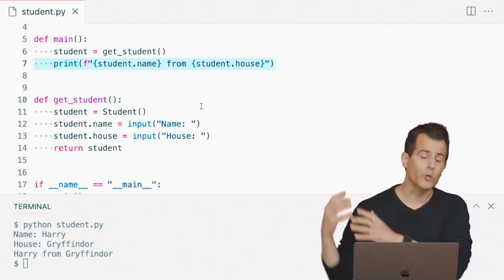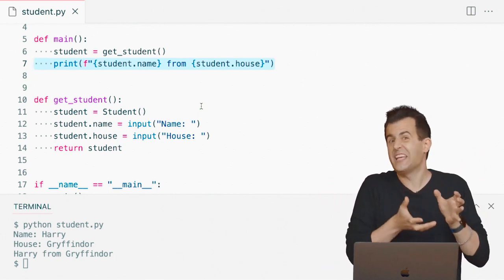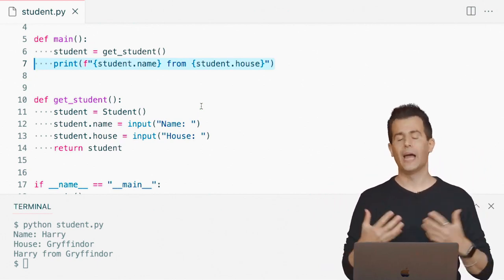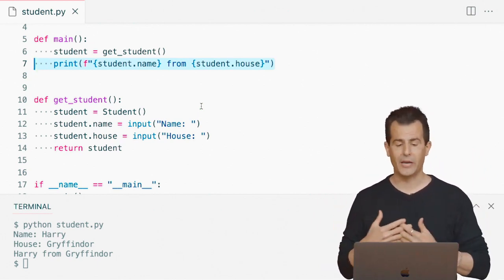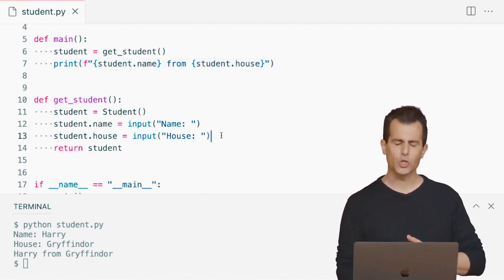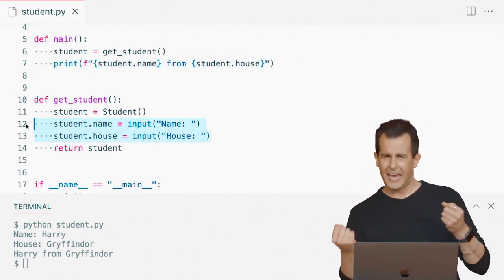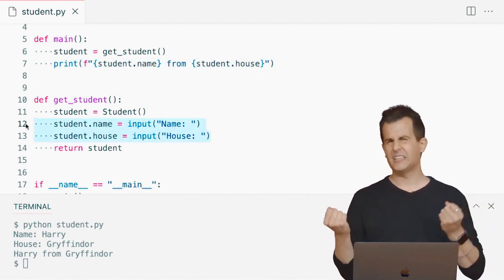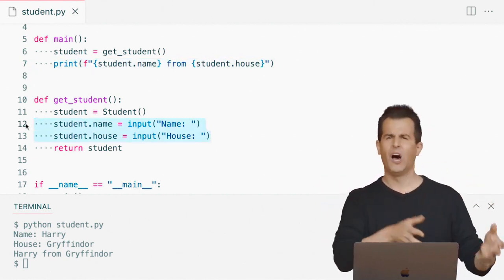And then on line 14, we're returning that variable. We're returning that object to main so that we can actually print out who is from what house. Well, let's go ahead and add a bit more functionality here, because right now on lines 12 and 13, this is a little manual. And it's a little reckless of me to just be putting anything I want inside of